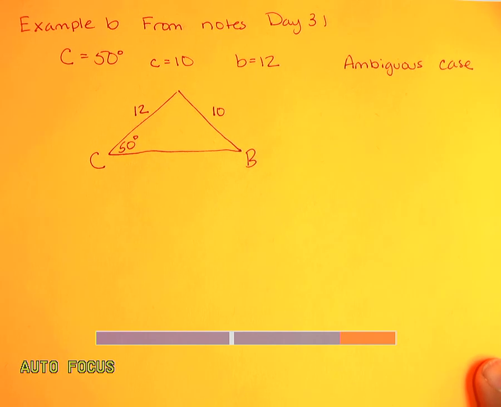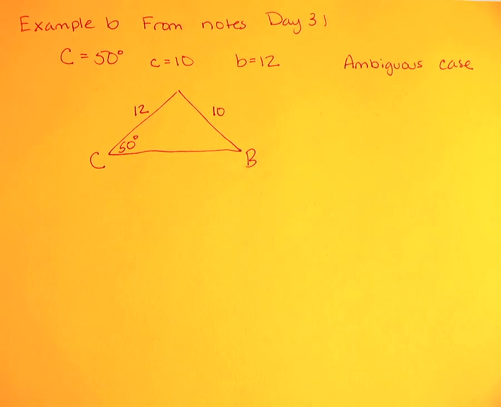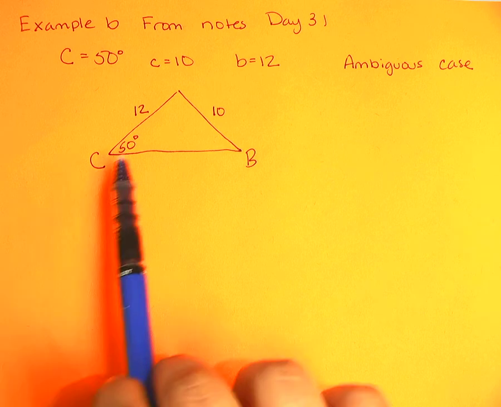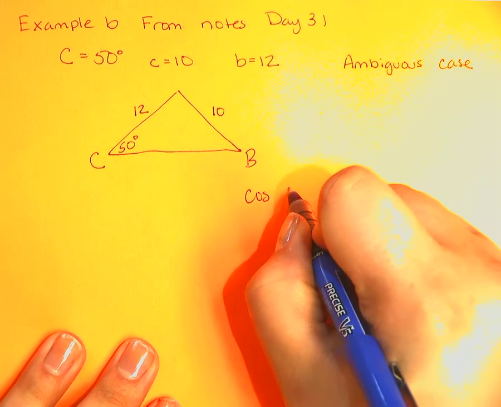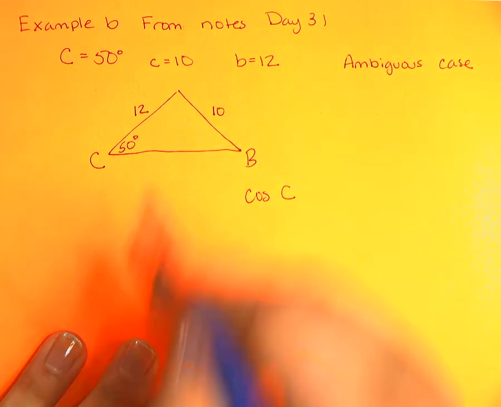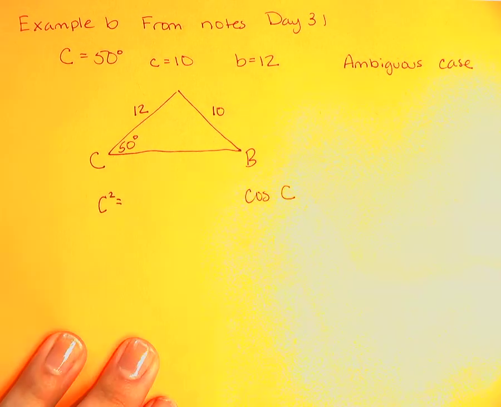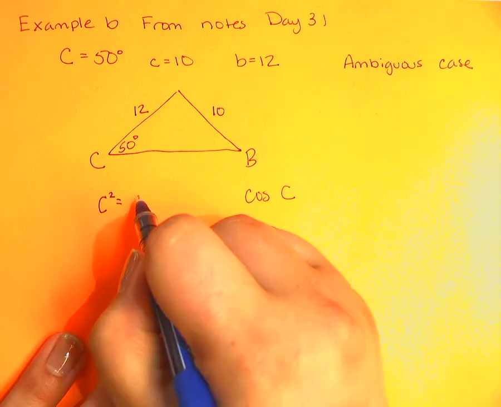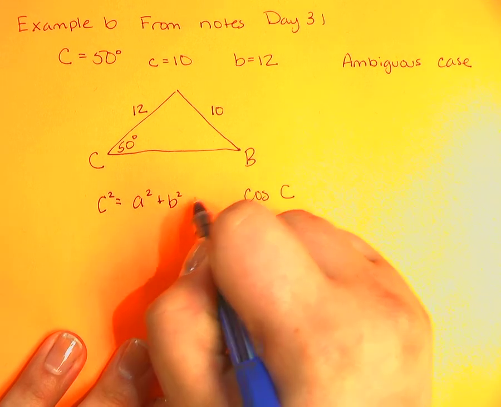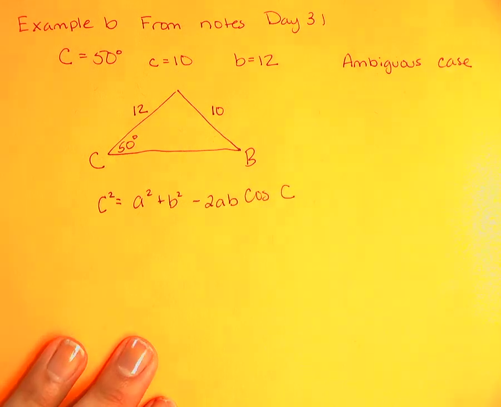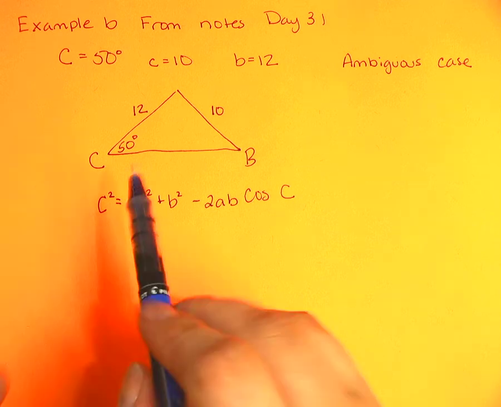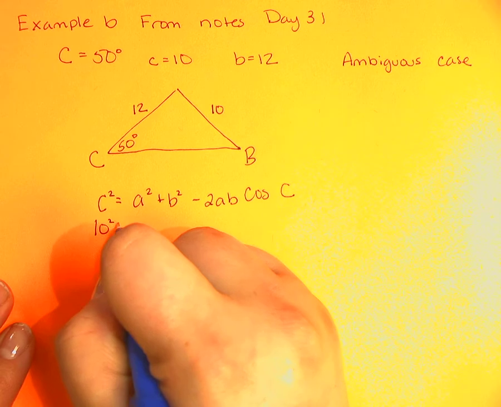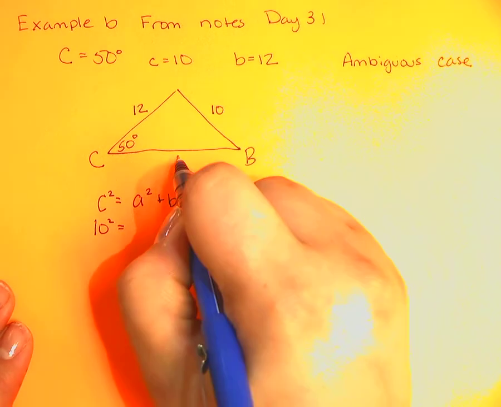So what we'll do is we'll set up the law of cosines. Remember, the cosine formula only has a single angle in it, so we're going to use the angle that we have here as that angle. So the formula I'm going to use is cosine of C, since that's the angle I have, which means C squared goes on the left side, and then A and B go in the middle. So A squared plus B squared minus 2AB cosine C. Now filling in everything I know, you'll see that we have a single variable that's unknown, but it shows up multiple times in the equation. So C squared is 10 squared, A squared we don't know,